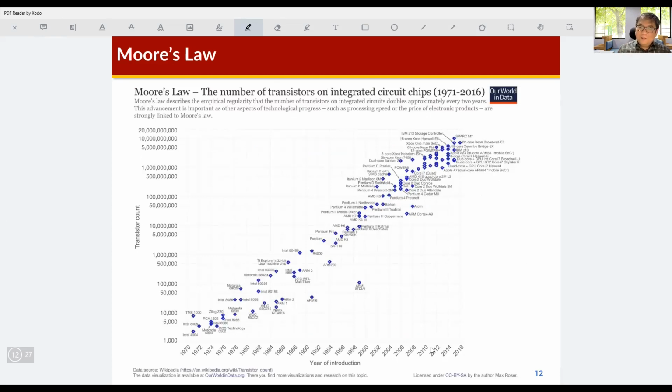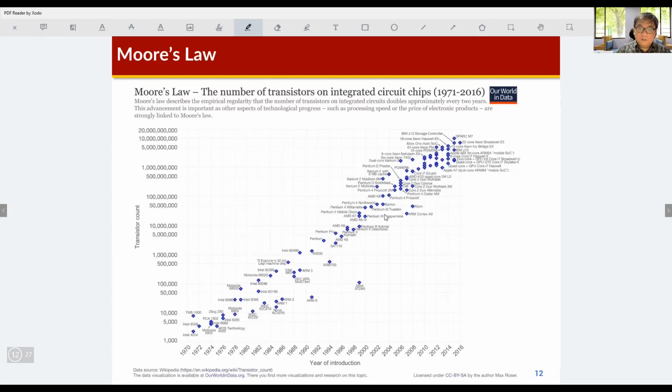this law forecasts the advance of the computer system very well, and very well until 2000, until 2010, or more recently 2015. So